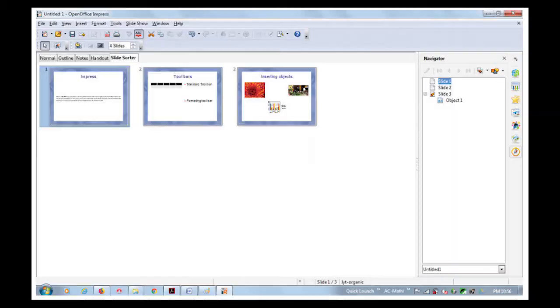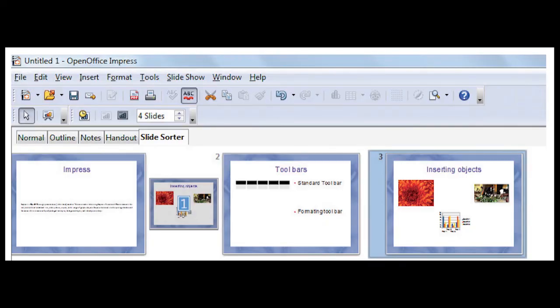A dashed outline of a rectangle forms as you drag the cursor through the slide thumbnails, and a thick black border is drawn around the selected slides. You have to make sure that this rectangle includes all the slides you want to select, and when you release the left mouse button, that particular set of slides will be selected, right? Next, we are going to see about moving that group of slides. First you have selected the group of slides. We have seen 3 methods to select a group of slides, right?